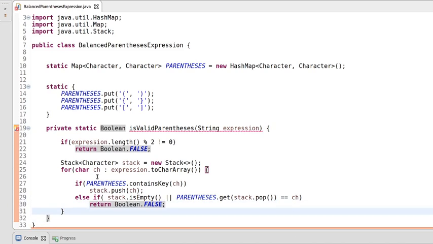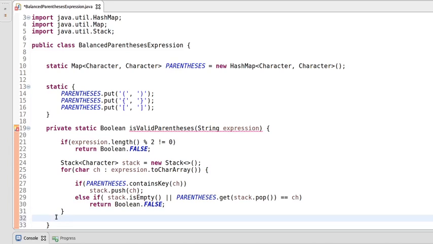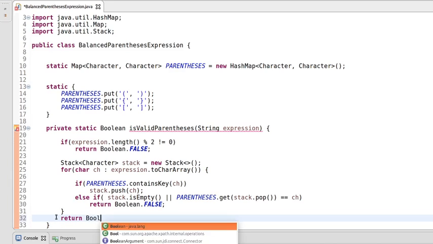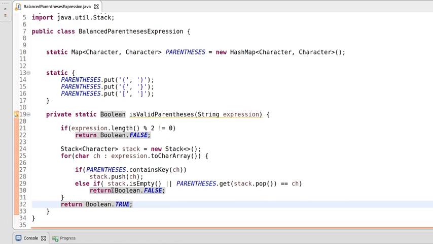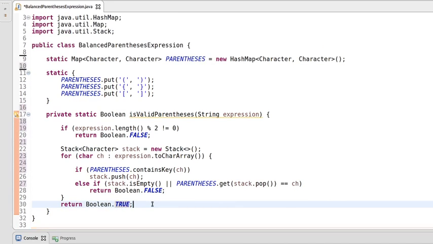If this condition is not executed and we are done with the loop, then at the end of this loop we will return true. It says I found a valid parenthesis expression, so you can return the true value to the caller method. So this is our small logic.